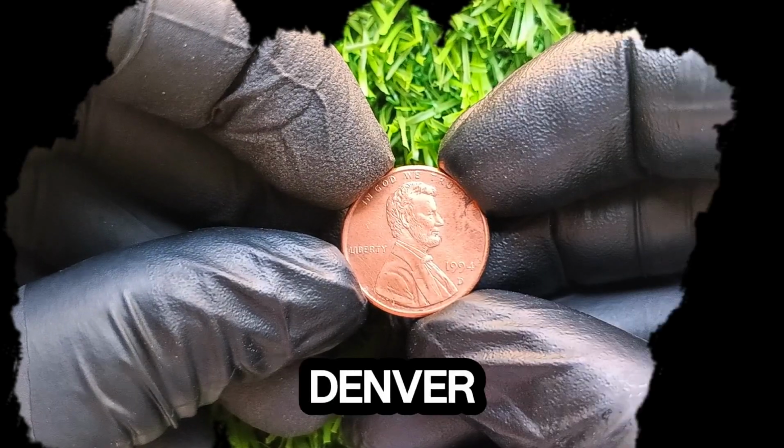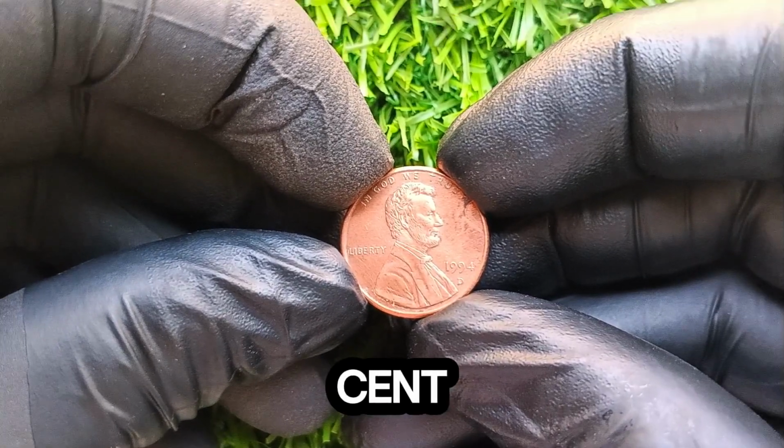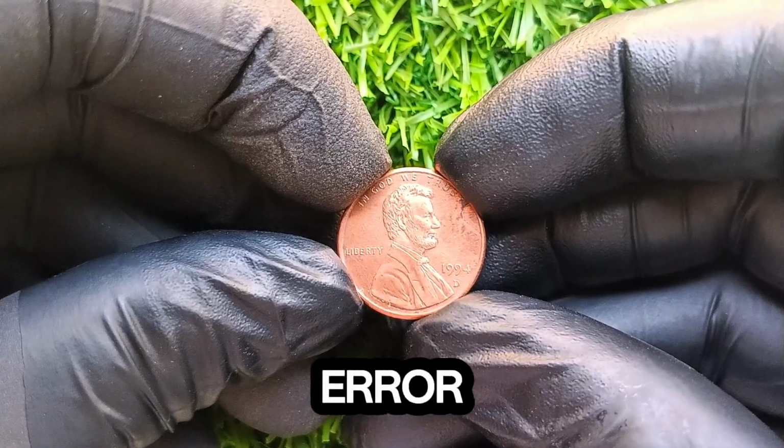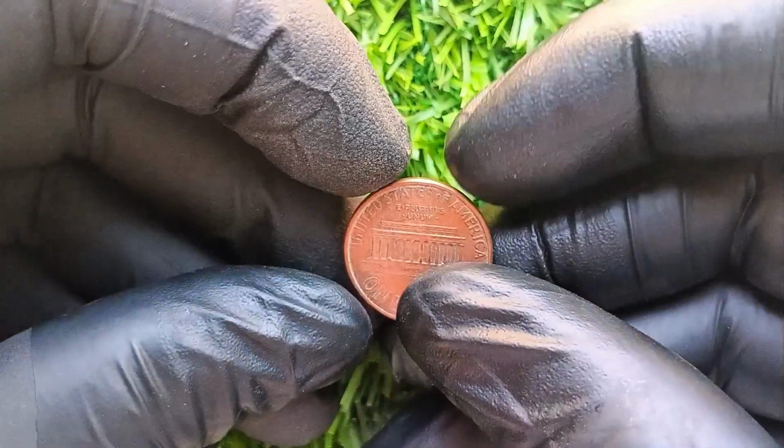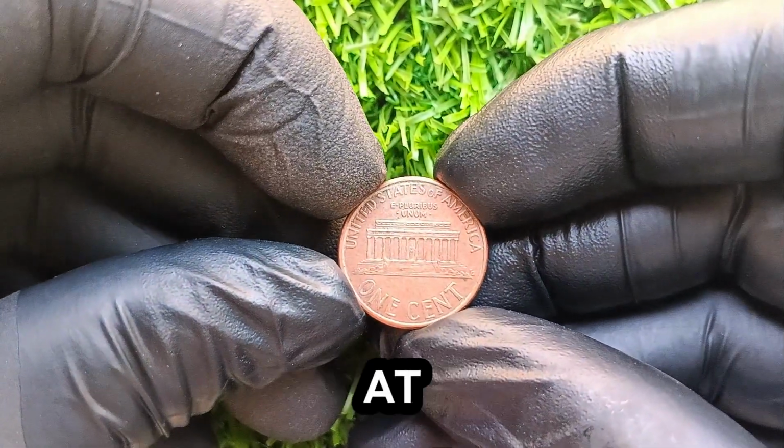In 1994, the United States Mint in Denver produced millions of Lincoln 1-cent coins, but among them a small error led to the creation of one of the rarest known modern American pennies. These coins may look ordinary at first glance,